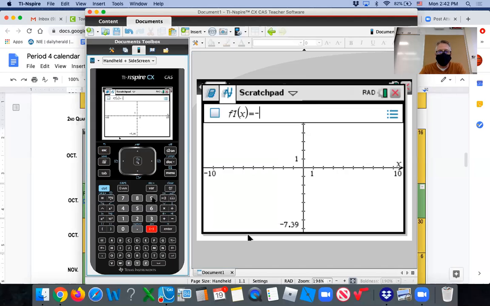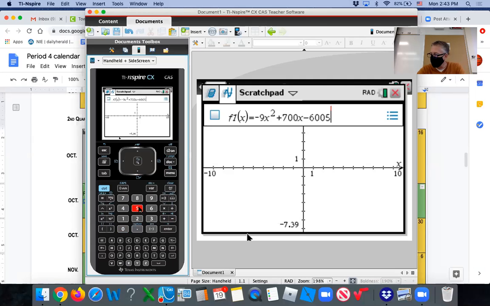So -9 x squared, remember I have to use x, plus 700x minus 6005. So again, I'm expecting an upside down parabola because I have an x squared and it's a negative leading coefficient. When I hit enter,